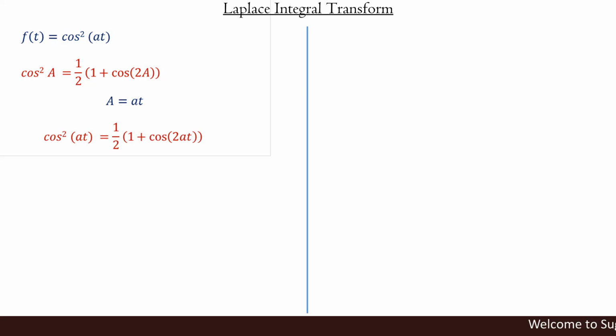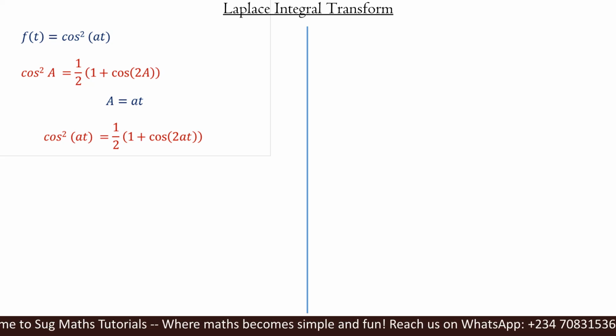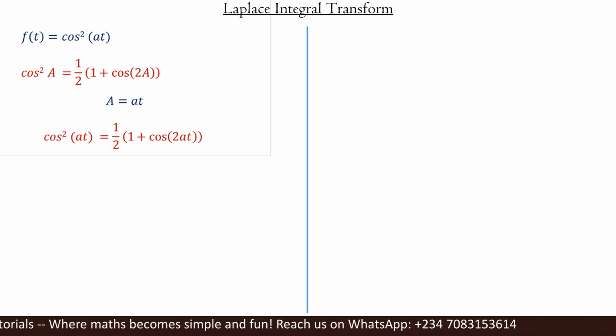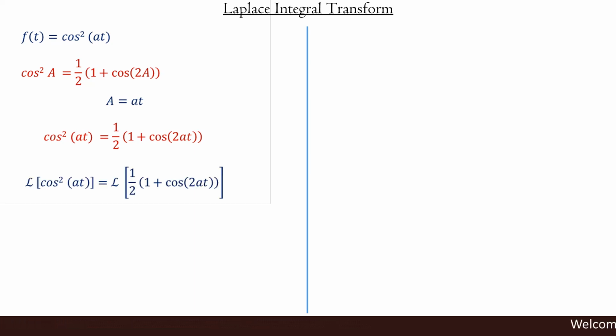Again, let a equal to at, meaning we are going to have cos squared at is equal to 1 all over 2 open bracket 1 plus cos 2at. Good. Now from here, when we take the Laplace transform on both sides,